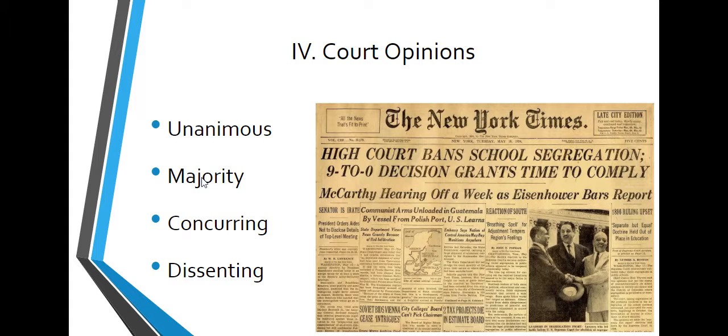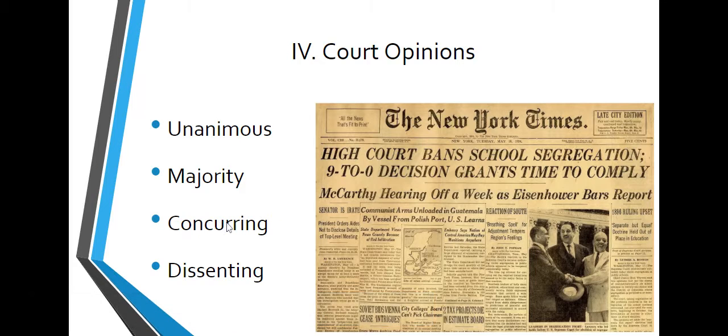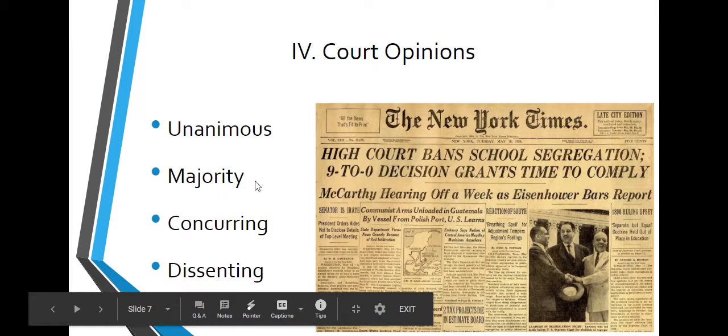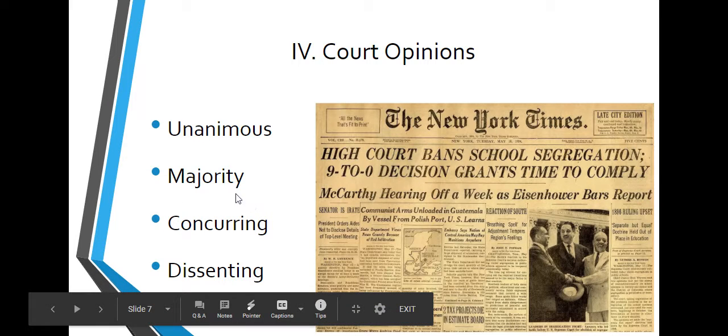But if you write a concurring opinion, you have separate reasoning from the majority. So with the majority opinion, one of the justices will write out the whole majority opinion. If the Chief Justice is in the majority, it is their responsibility to write it or pass it off, delegate it to someone else. If you have a concurring opinion, you sign on to the majority, but you write a